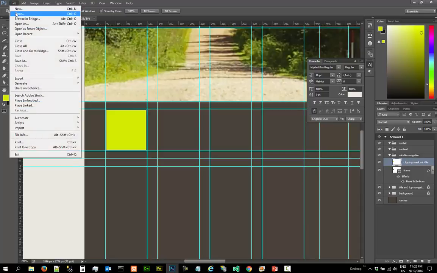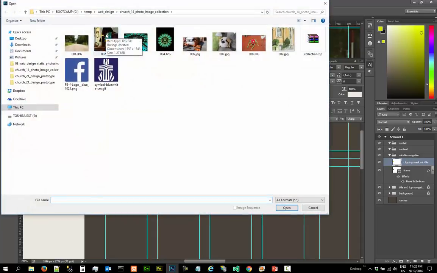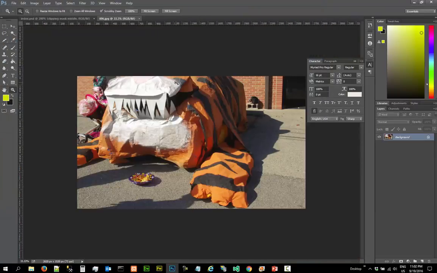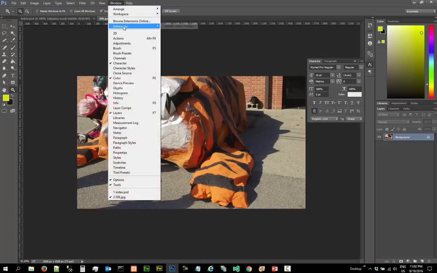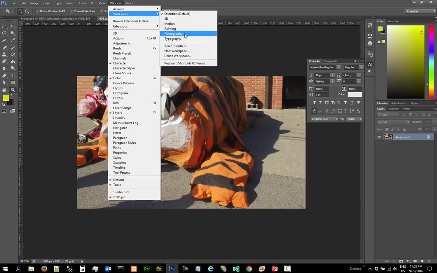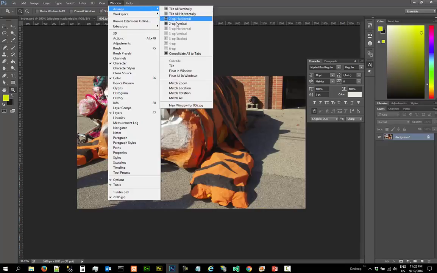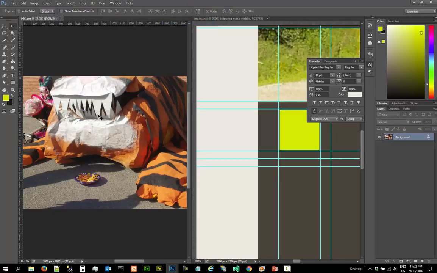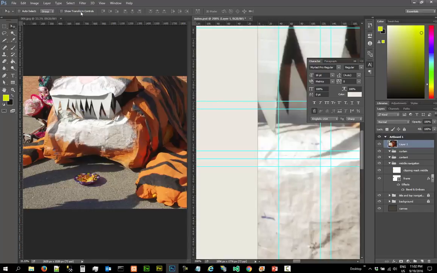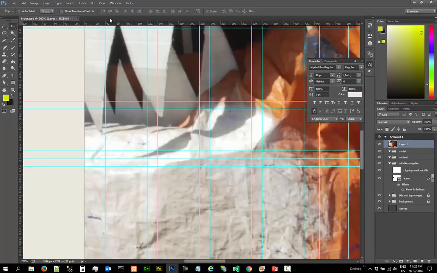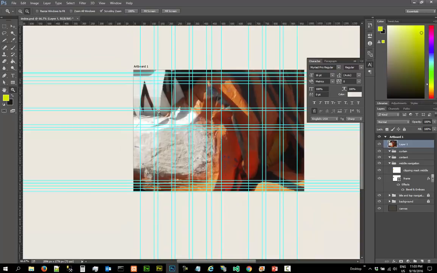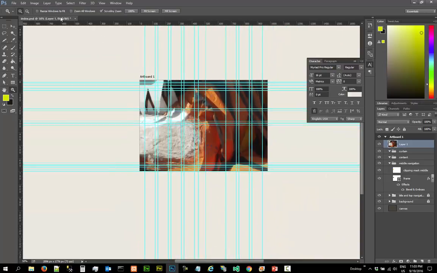So let's open up the graphics. This is what we like. So let's rearrange them, and drag this over. That is huge. Close this. Zoom out. Okay, we have to make it smaller, so we do